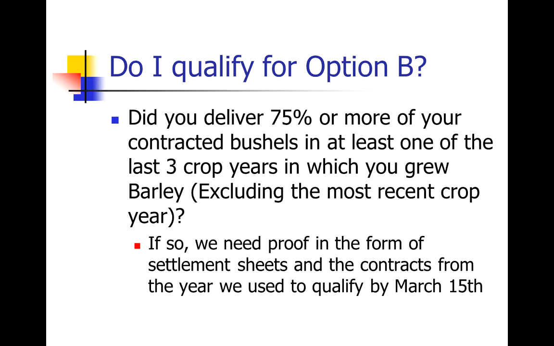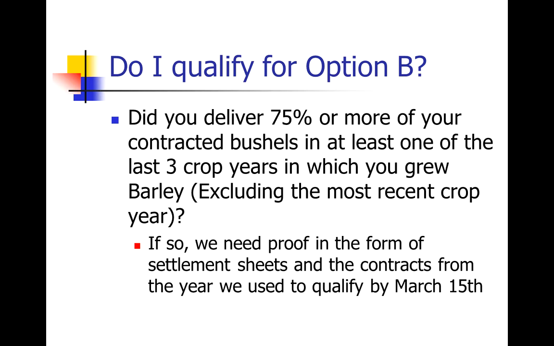So the first thing is, how do I qualify for this option B or the additional malt coverage on the crop insurance? To qualify, first off, sometime in the last 3 crop years in which you grew barley, excluding the most recent crop year, you had to have not only contracted barley, but delivered 75% or more of your contracted bushels in that year. So we need proof